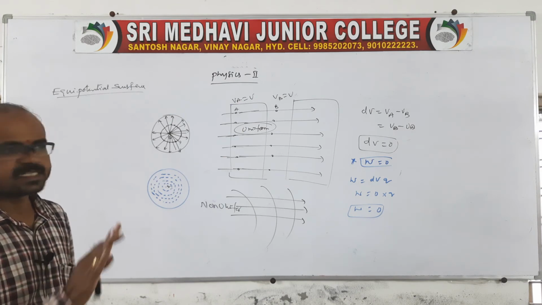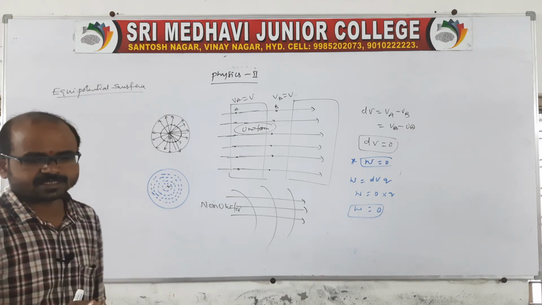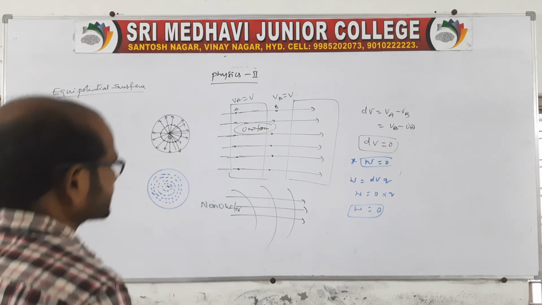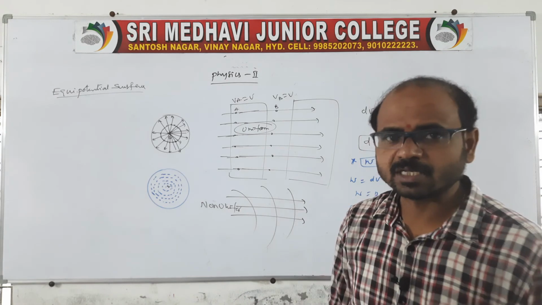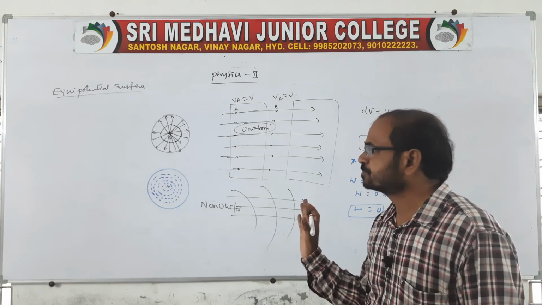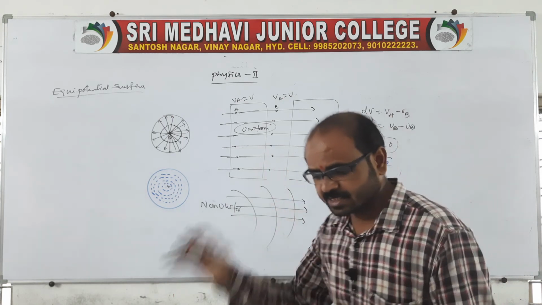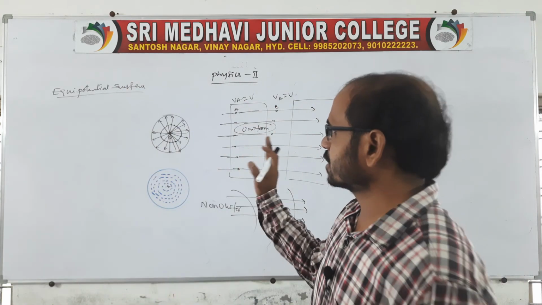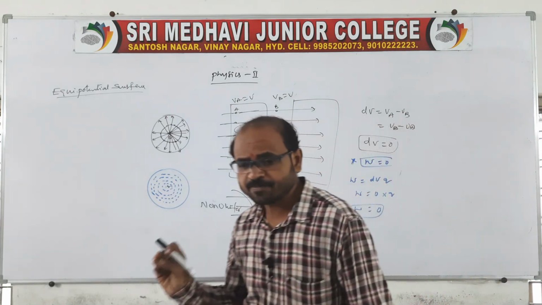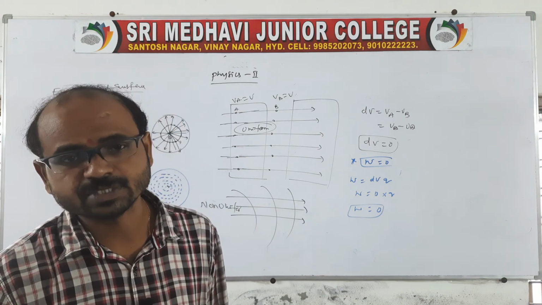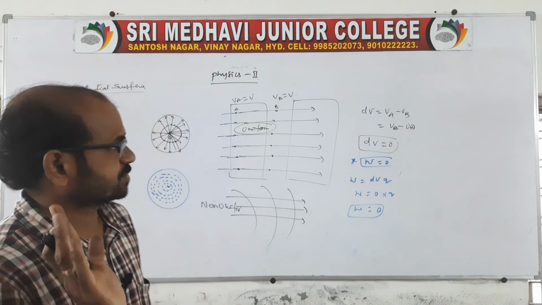Is it clear? So this is related to equipotential surfaces, which is related to this. Clear? Go through this, refer to the notes and read the notes carefully about equipotential surfaces. It is given in our material as well as in the Telugu Academy textbook. So this is what is related to equipotential surfaces, and we have also finished the applications related to electric potential by using Gauss's law. Right?